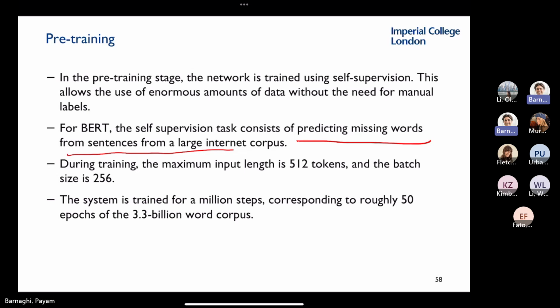During the training, the maximum input is 512 tokens, and the batch size is 256. The earlier question was, if you have very variable length sentences, how does this happen? BERT assumes your input size is 512: X1, X2, X3 up to X512. If your sentence is shorter, you can pad it. And for the batches, if you have trained neural networks, you know you don't update your gradients at every single input. You take a series of inputs, calculate the average gradient, and update your network. That happens for every 256 inputs in this case.